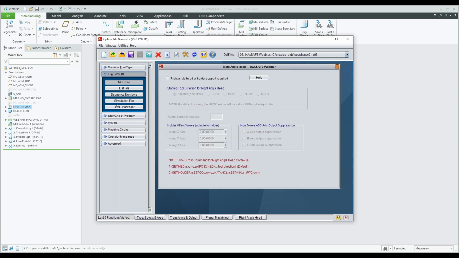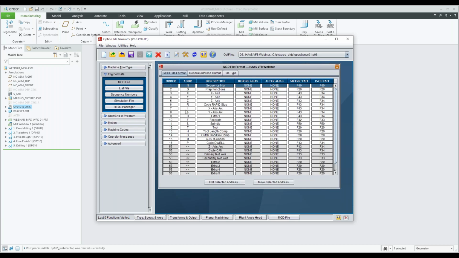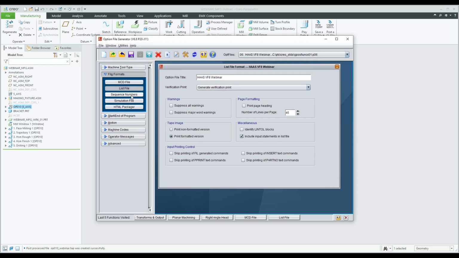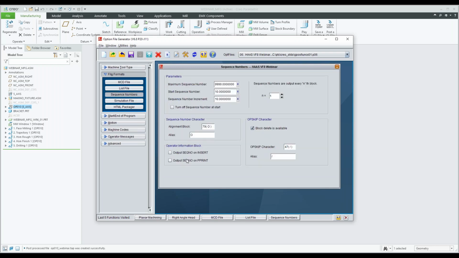Let's just quickly have a look at these output files. So we have line numbers in here. We have the Q value, tool heights, diameter compensation active, and we've got the dwell in there. Okay, we're using I and J again. We've got the webinar sequence numbers. It's going to go in increments of 1. Okay, so we can just